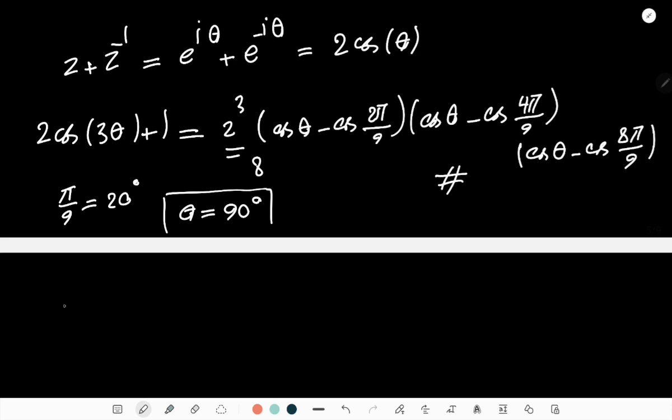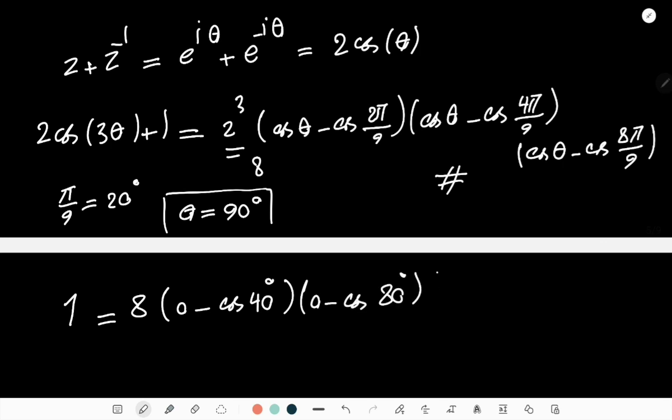So you get 1 is equal to 8 times cosine of 90, which is also 0, so 0 minus cosine of 20 times 0 minus cosine of 80 degrees times 0 minus cosine of